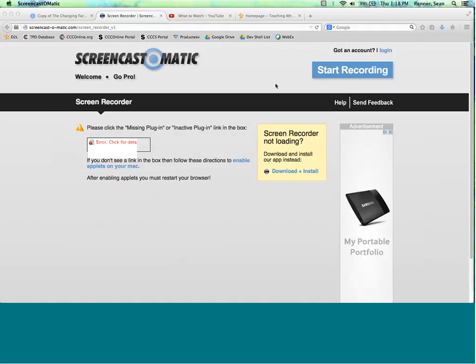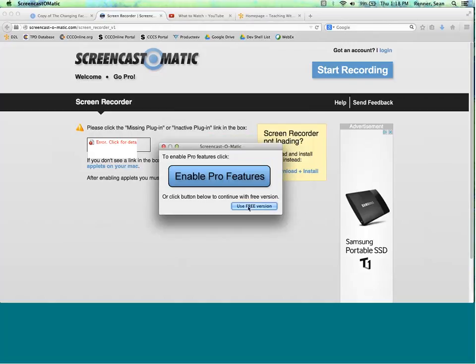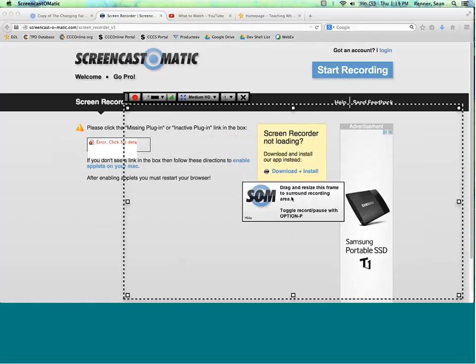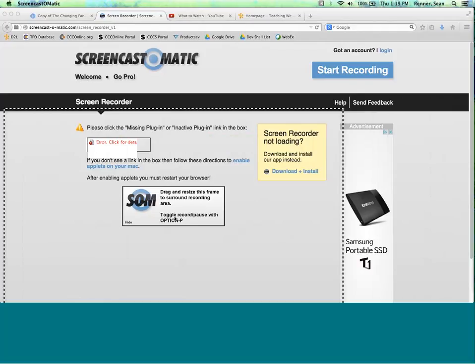Now, I hope that this isn't confusing to you, because I did just mention that you don't have to download anything to use this software. It's completely web-based, and that is still true. But they have a version that you're able to download and install for free, as you can see right here, so that you can use it offline if you ever don't have a connection to the internet.